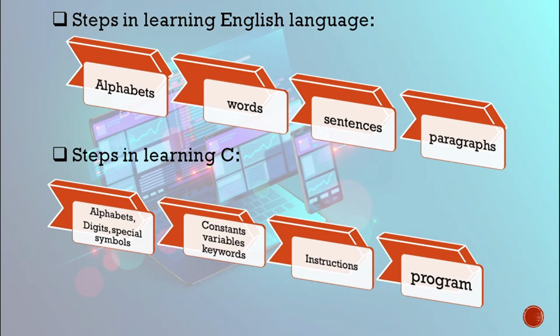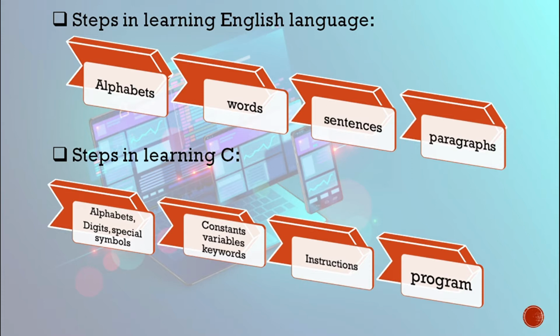In this video we will discuss the basic C program. First of all, how is a program made? In English, alphabets make words, words make a sentence, and sentences make a paragraph. The same thing applies in C language. Alphabets, digits and special symbols make constants, variables and keywords, and constants, variables and keywords make instructions, and